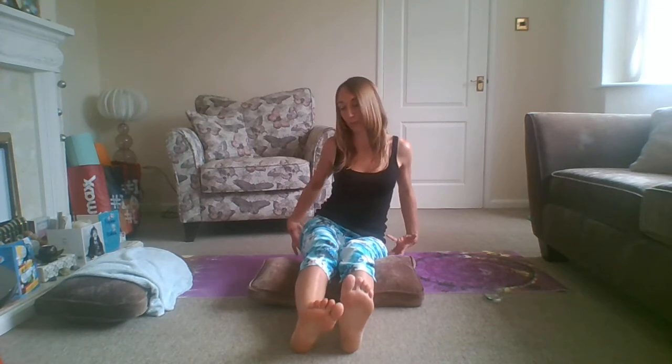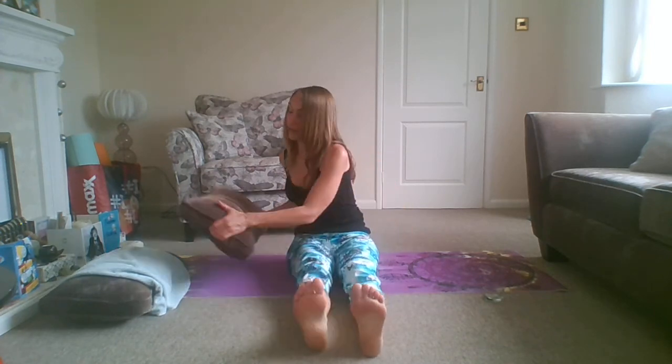So if you need support, put it under your bum. If you need a wall behind you, you could do that, sit up against a wall. If you need cushions under your knees to support the knees as well, if the hamstrings feel tight, do that. I'm just going to do it like this, and